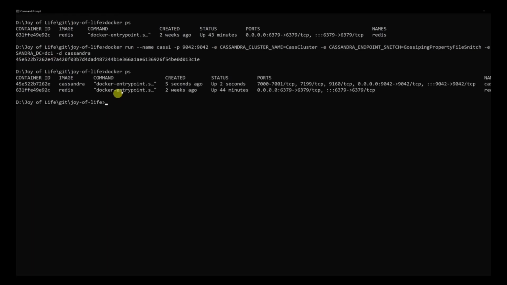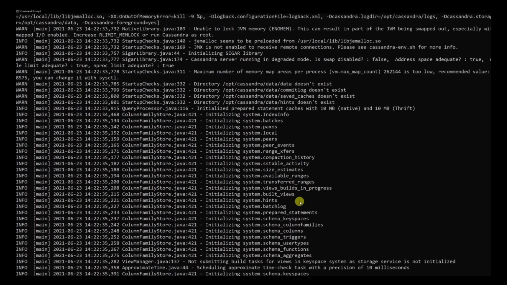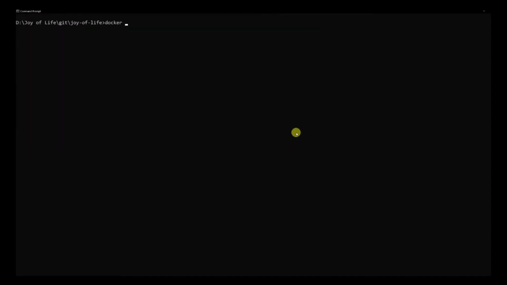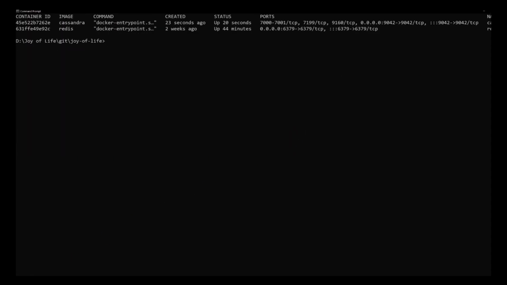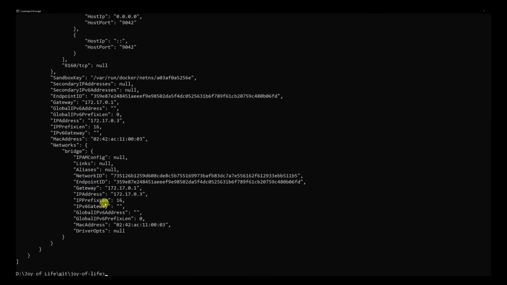So you can see that I have a Cassandra cluster up. So let's check in the logs. Well, it is up and fine. We are good. So let's go ahead and clean it, and let's see. Yeah, we have the first thing over here. So what we are going to do is inspect and get the IP address. What happens is, for the other 2 nodes in a different data center or in the same data center, we need a seeding point, and this IP address should be used for seeding.